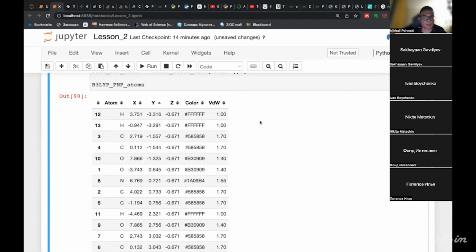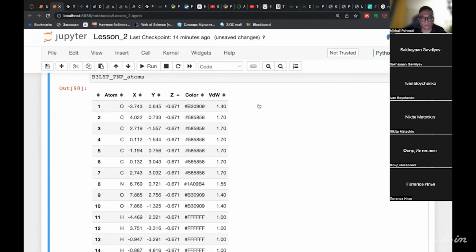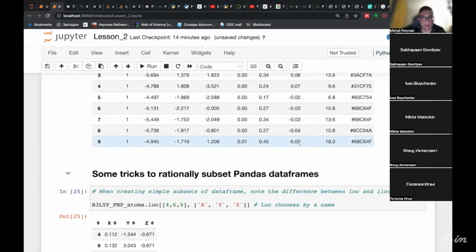Basically, you can sort the contents of this pandas data frame by clicking on the arrows. So this pandas data frame contains atomic positions in Cartesian space, colors, and van der Waals radii.